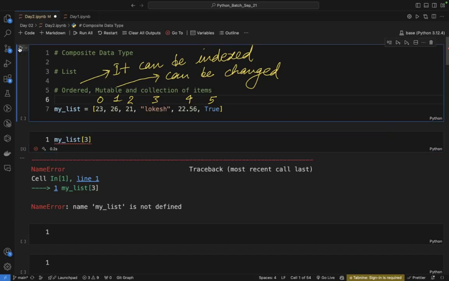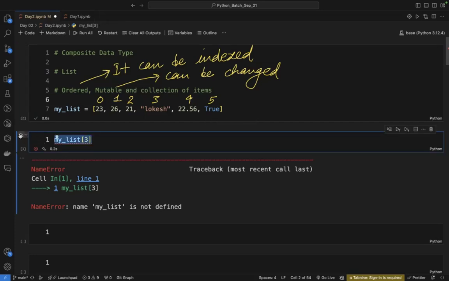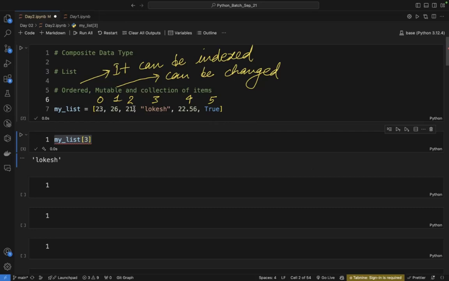Yes, Divya, please tell me. Sir, can you please repeat the mutable part? Actually, there is a network issue going on my side. I tried. Okay,